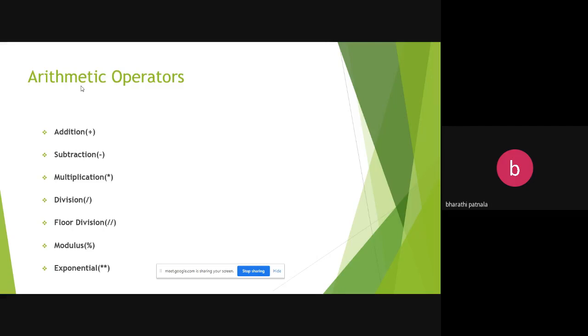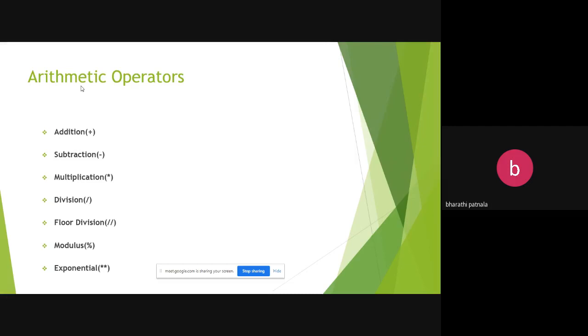Coming to arithmetic operators. We use plus for addition, minus for subtraction, star for multiplication. All these you know from previous programming languages like Java or C. But here the division is slightly different from existing programming languages. When you use a single slash, it is floating point division. The division returns a decimal point value.